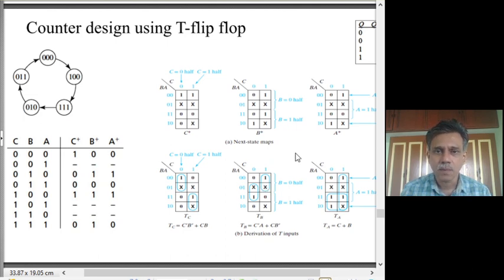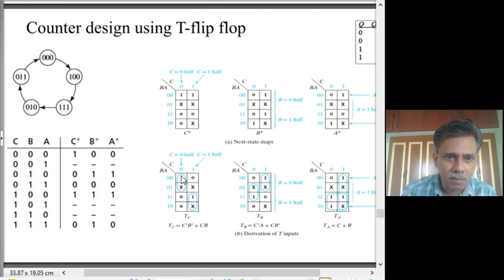That's it. Similarly, when it comes to B is equal to 1 half, we have to complement the bits and put it, leaving X's as they are. So the B is equal to 1 half of the K map of the B plus is complemented before filling the B is equal to 1 half of the TB K map. So this 0 becomes 1, 1, these two ones become zeros, the X remains X. So you got TB. Now you can simplify this. Did we simplify this? Yeah, this can also be simplified.